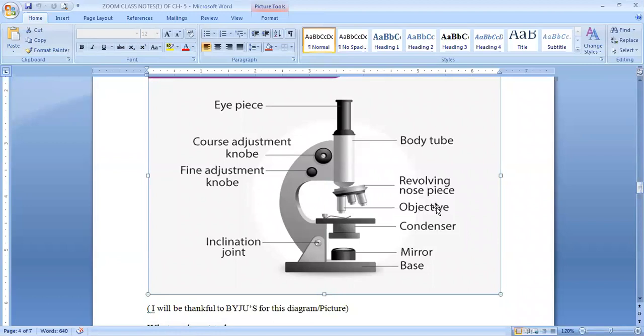Next are the objective lenses. There are objective lenses to magnify the image, right? Actually, these are the objective lenses which magnify whatever thing you are observing under